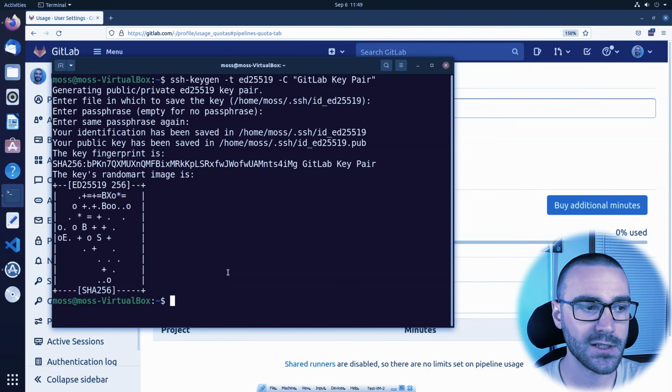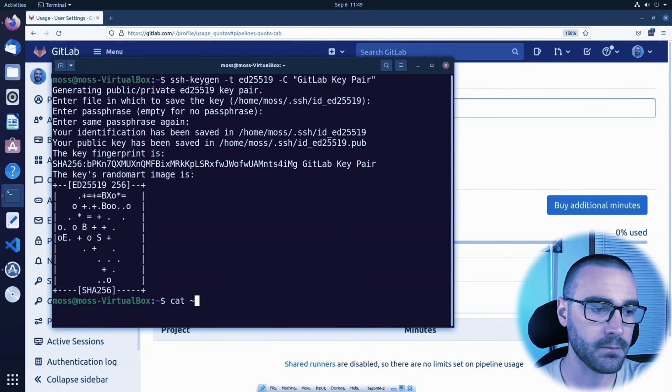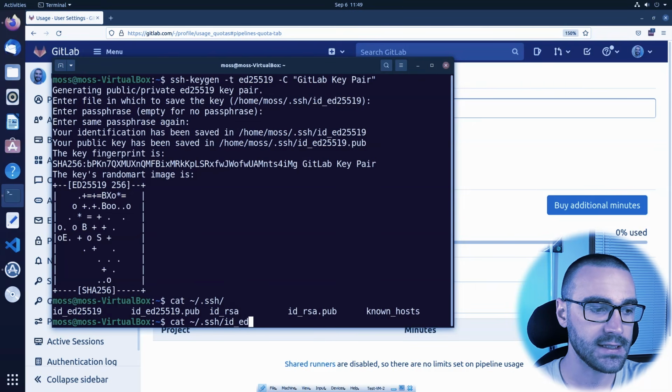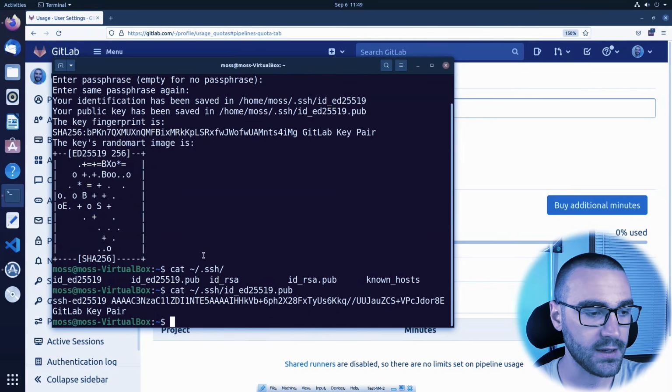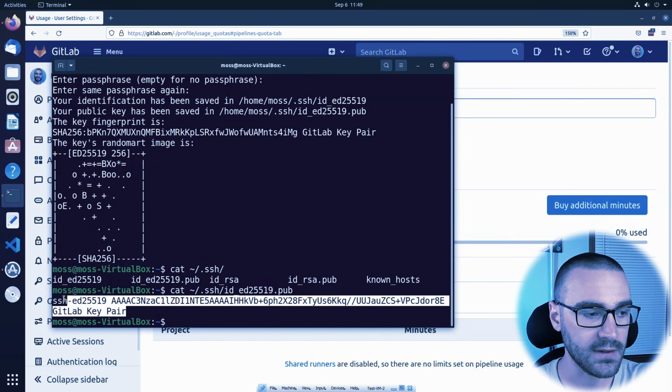Now what we're going to do is add the public key of that key pair that we just generated to our GitLab profile. And to do that, we'll first cat the public key. So I'm going to cat .ssh/id_ed25519.pub, for the public key rather. And then I'm going to copy the output to my clipboard,